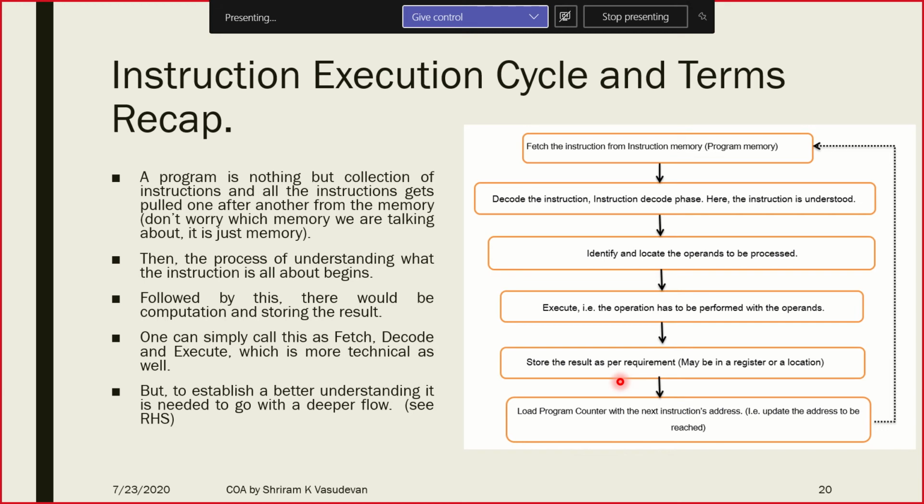What will happen when you run an instruction? What will happen when you have a series of instructions and you compile it? When you run it, what happens? What is the process going on inside? Let me tell you that in detail, and then we will go into this flow. We've got a flow here, right? I'll go into this flow after I explain the general C structure that we follow.